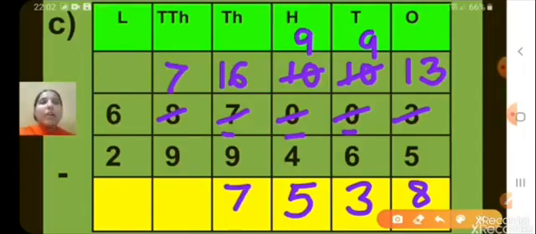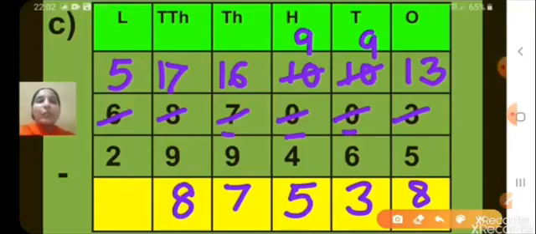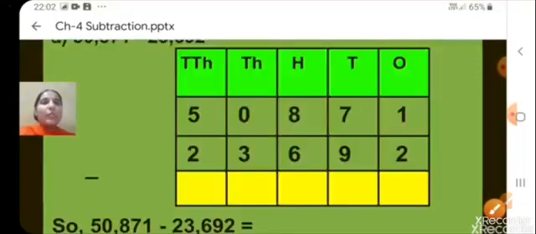7. Now look at the 10,000s place. 7 minus 9. That is not possible. It means we have to borrow from lakhs place. So when we borrow 1 from 6, 5 will be remaining here, and this will become 17 now. So 17 minus 9, what we'll get? 8. And then let's move to lakhs place. So 5 minus 2, 3. So can you read the answer obtained here? Yes, it's 3,87,538. Okay.